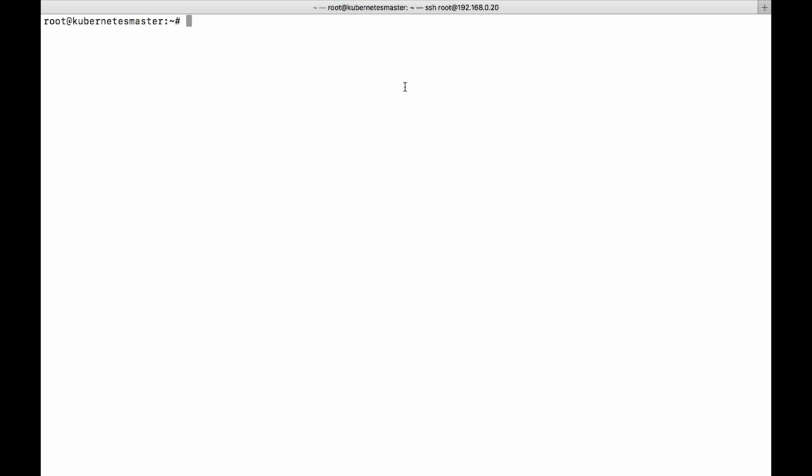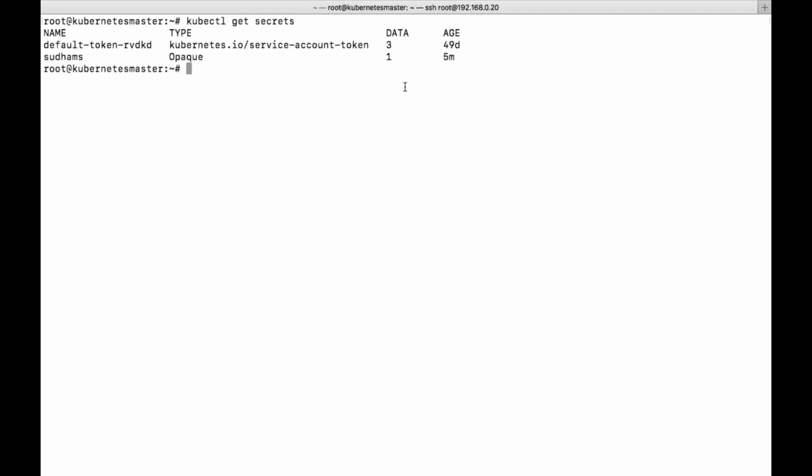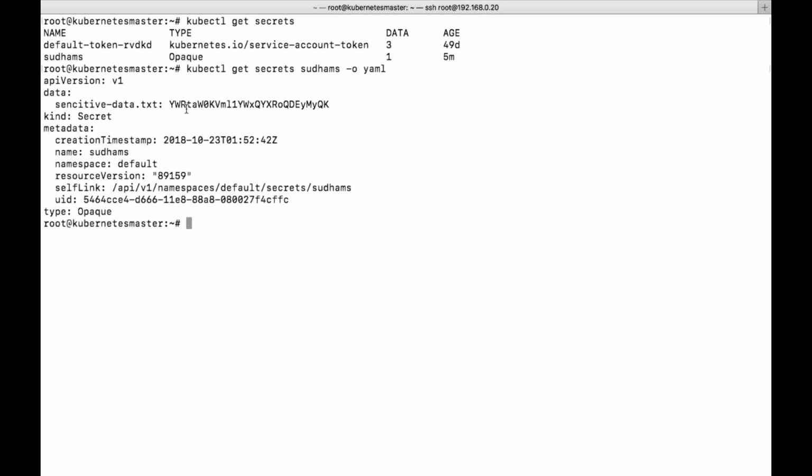So now you have created your secret, but without specifying the key, the key-value pair combination. That's the reason you can see the name as your file name itself. So let us delete the old one.